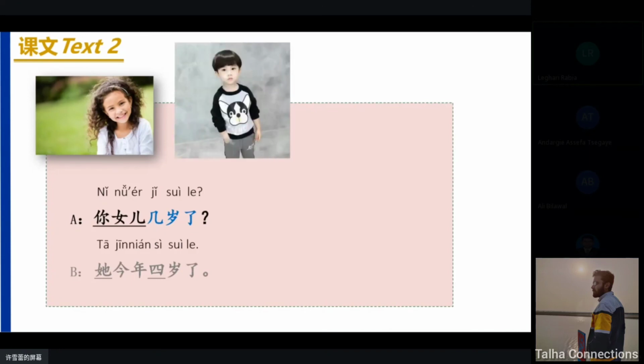Now look at this boy. Maybe he's someone's son. You ask this person, how old is your son? How to ask the question? Please tell me how to ask the question. How old is your son? 你儿子几岁了？你儿子几岁了？